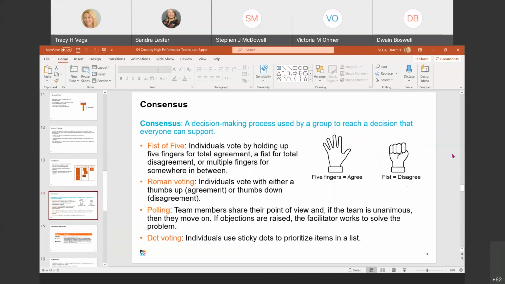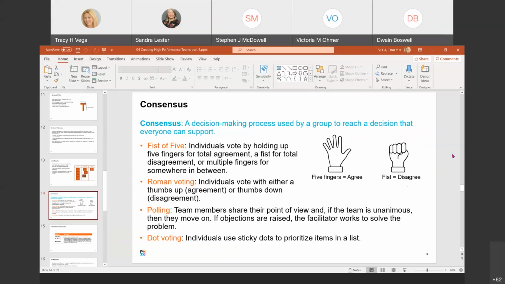All right. So consensus. This seems kind of silly, but we'll just go over it. Consensus is a project team. Project teams frequently have to work together to make decisions about different aspects of the project, including estimates of effort, tasks to produce certain deliverables, approaches for the problem, and other issues. So in order to assist them in trying to achieve a consensus when possible and coordinate conflict identification and resolution where needed, there's a number of different techniques that project managers or agile coaches can use. Some of those are the fist of five technique, the Roman voting, the polling, and dot voting.